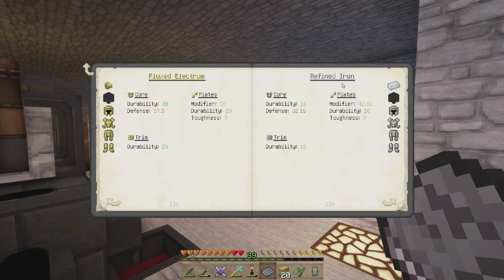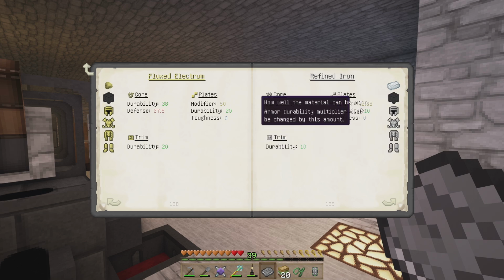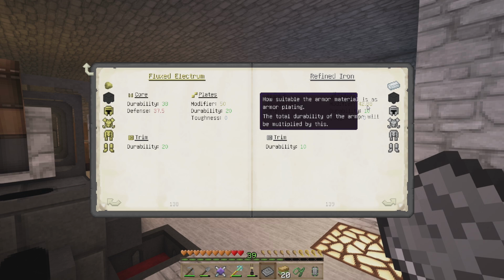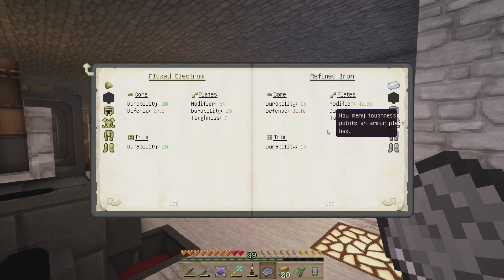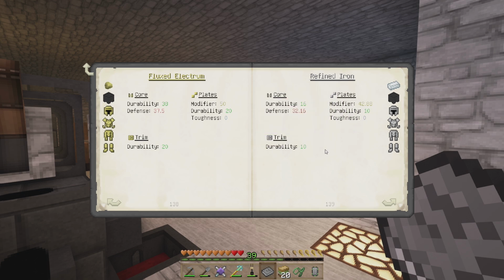And we're going to look at the refined iron, because that's what I was looking at earlier, which is why I decided to make refined iron. The modifier on plates is crazy. So this is how the total durability of the armor will be multiplied by this. So this has got 42 modifier for plates, which there's stuff that's better, sure, but for what we have right now,